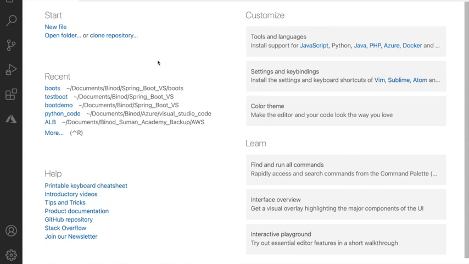So there are two prerequisites before starting the Spring Boot code in Visual Studio. So here is the extension. Extension is just a kind of the plugins what you used to have in the Eclipse IDE.